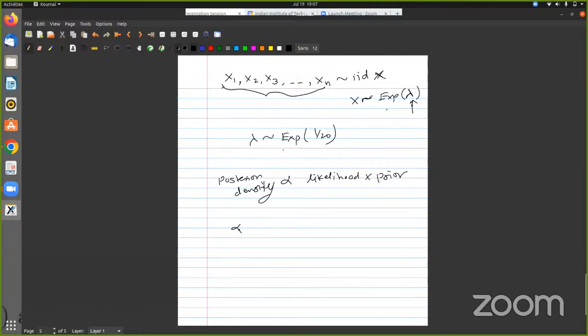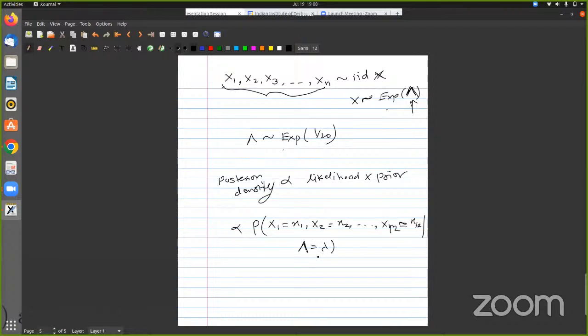So the likelihood, how I will find it, is equal to the probability that x1 will take some value x1, x2 will take some value x2, up to xn, or here in this case x12 will take some value x12, given that my lambda is having some distribution. I will write this as capital lambda, and this capital lambda is having the distribution exponential 1 by 20. So lambda equal to